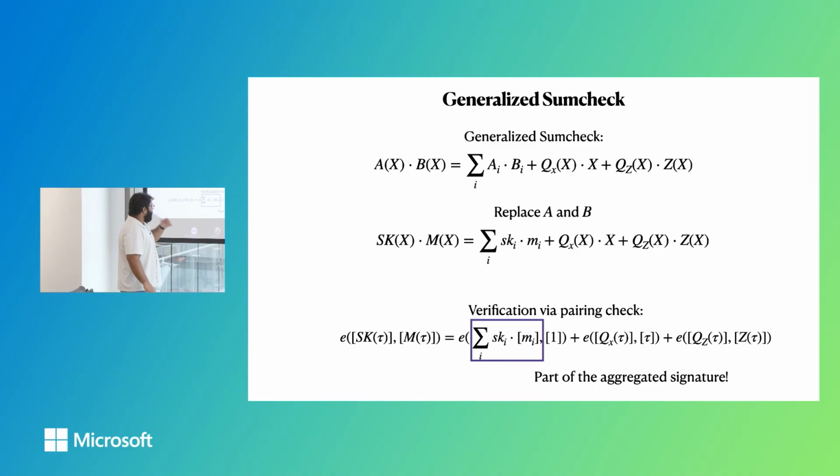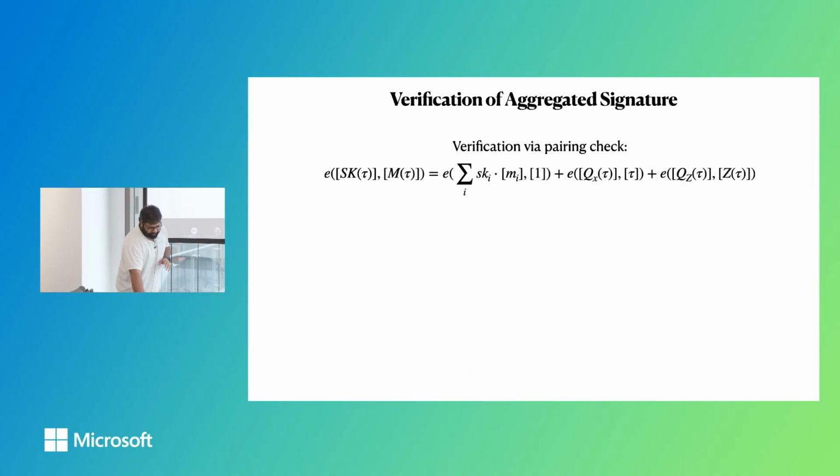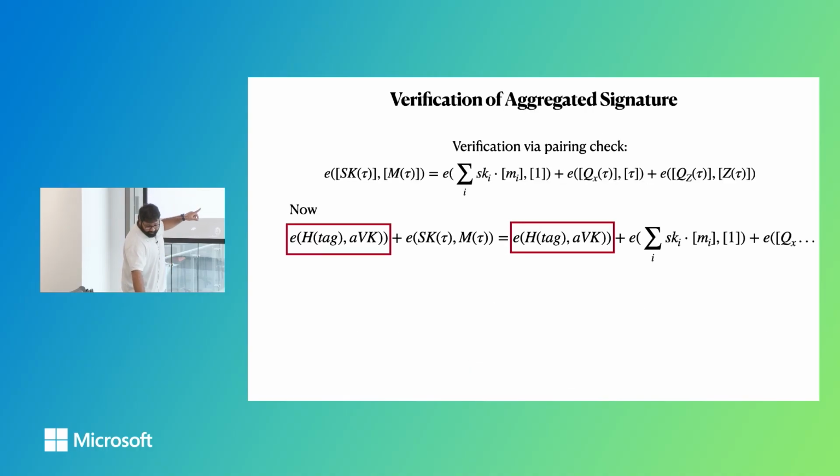tag-based stuff. And one thing that I did not mention is how you really compute these polynomials in the exponent. They can actually all be computed with the hints that parties would send. As part of the signature they can just send some extra group elements, so the clients are going to send these extra group elements which would allow the server to somehow compute all of these polynomials as well, which I won't talk about in this talk,